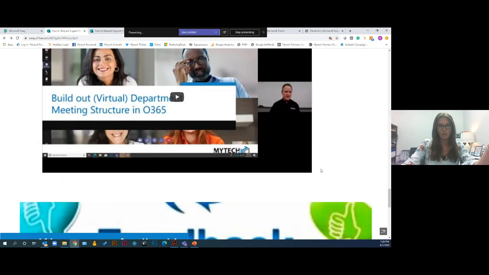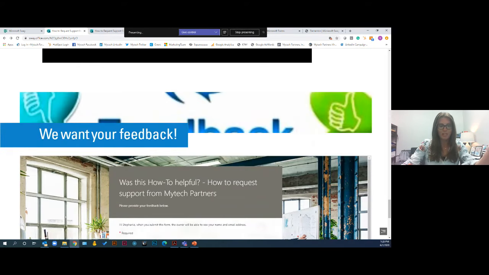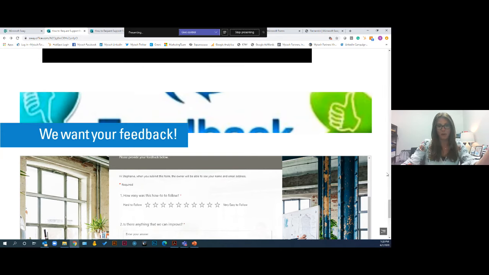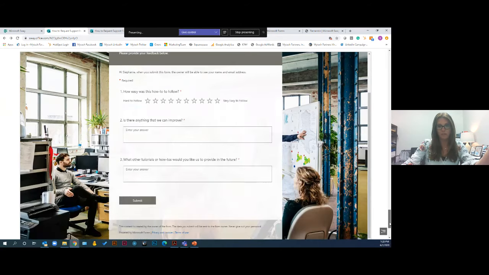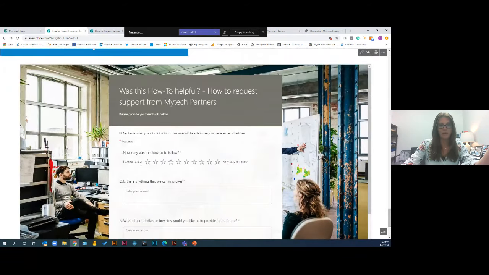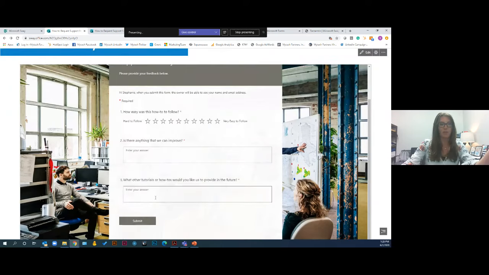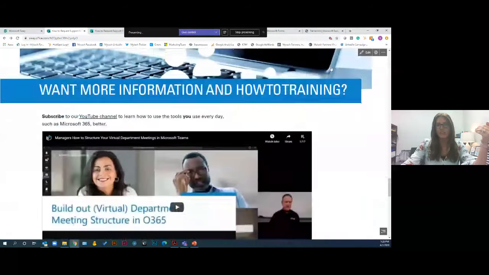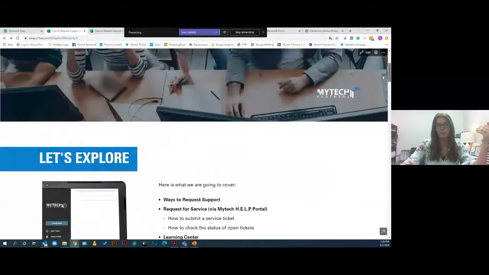And then what I just showed, I'll go to the bottom here, is the feedback form. So scroll all the way to the bottom here, and you can see it embedded that form right in there so people can actually partake in that form right at the end of your presentation. Awesome. Okay, so next thing I wanted to show you was, okay, now you've built this out, how do I